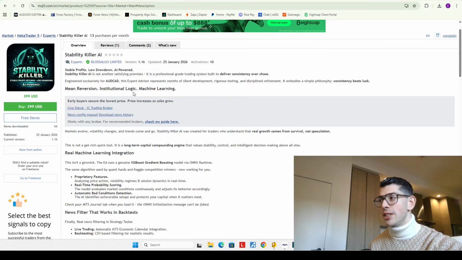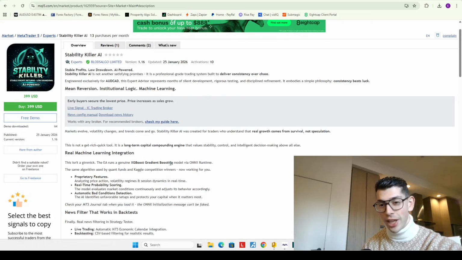So here, this is an OddCAD bot. And what's really cool is that he's put a custom AI model in it. A lot of different MQL5 bots claim to use AI. And the thing is, if you read the sales page, you can pretty quickly tell if it's blatantly fake or if there's actually some real AI behind it. And there's usually a few telltale signs to figure this out.